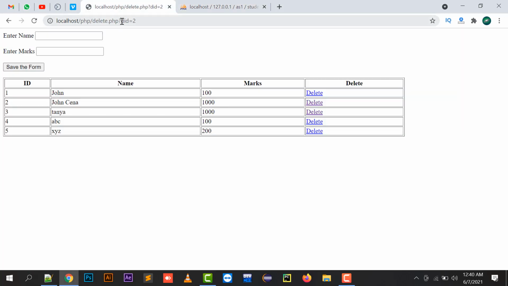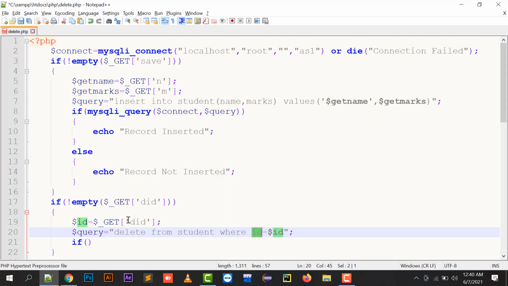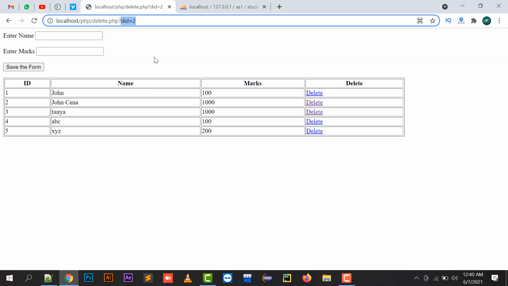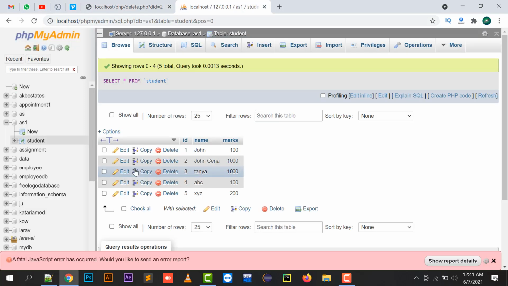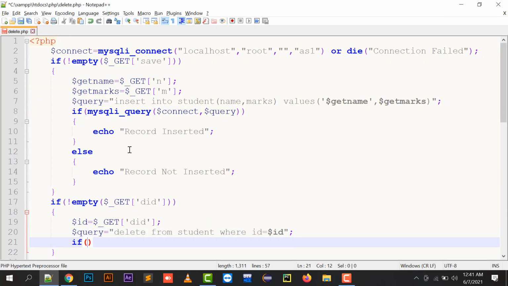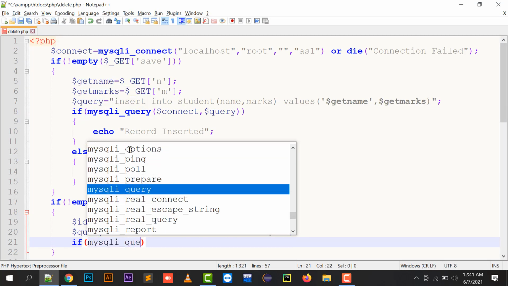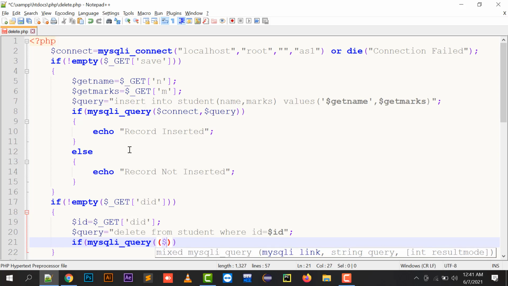Currently, did has the value of 2. That 2 value is picked from here and placed in the id variable, and it will delete the second id record from the student table. And if mysqli again, I have to put it into an if condition.